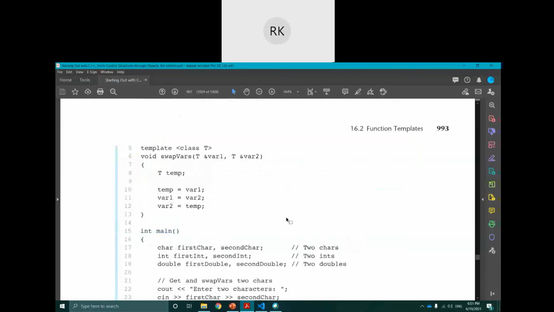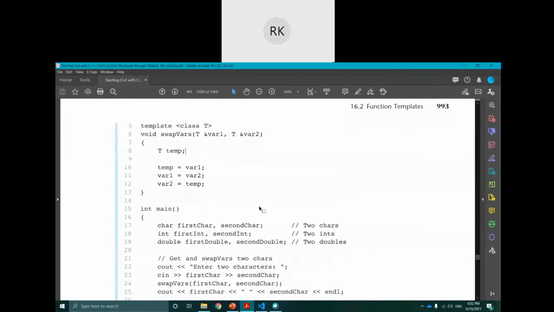You see what happened here. Template class T. This one doesn't have any return type, so you didn't use any T here, but it needs two arguments, and both arguments are references. Whether it is a reference, a pointer, or a value, the type is the same, T and T. You can even create a new variable of this type. T temp means like we are typing int temp if you call it with an integer variable. Then the swapping value temp is this. I hope you already know the swapping, it just changes the values with each other.